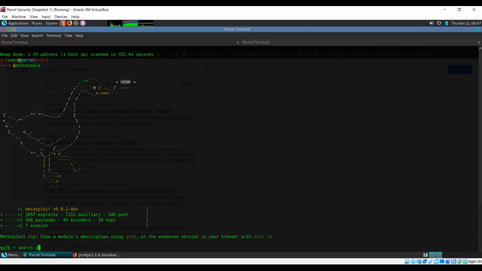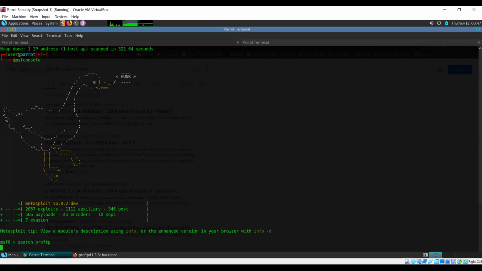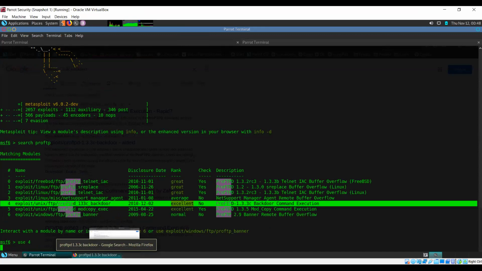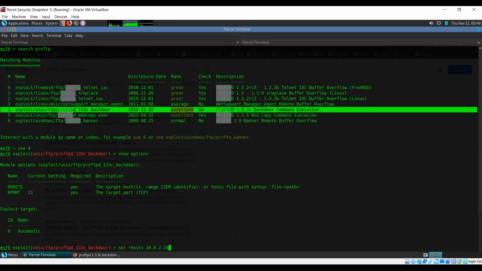So we can simply search ProFTP, see what we get. And okay, this is the one that we are looking for. Use 4 because this is the fourth result. Our host is 10.0.2.246. Let's try running it. Okay, a payload has not been selected in our case.